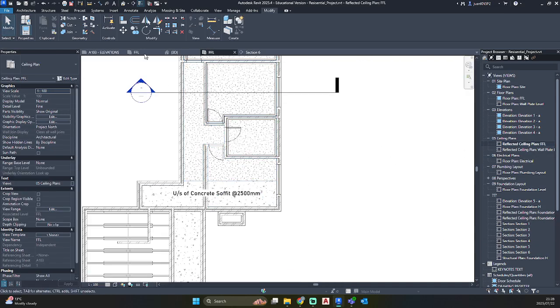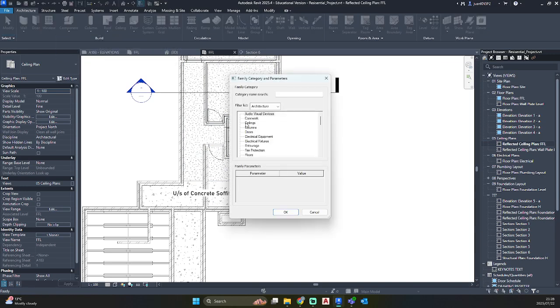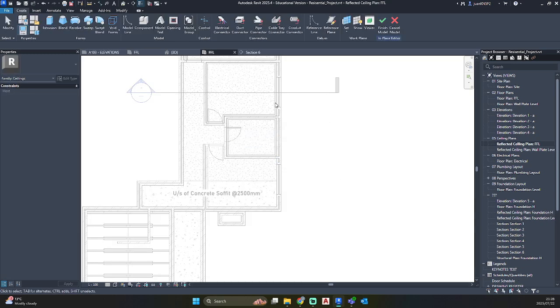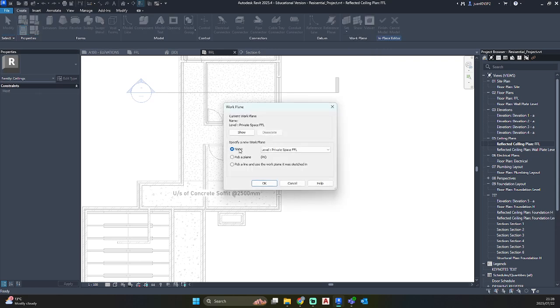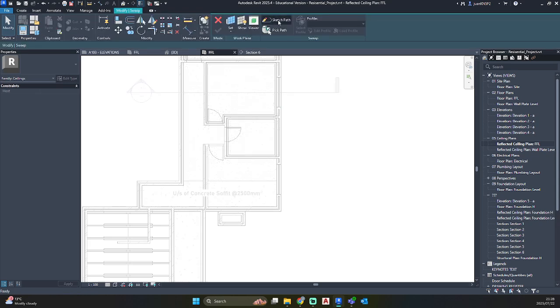So now I'm going to do the exact same thing again. Corners 5. Let's set our work plane again. Private space wall plate. Sweep. Sketch path.